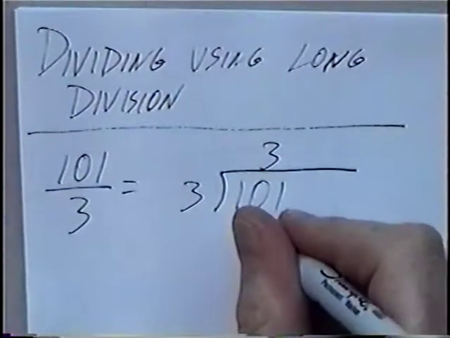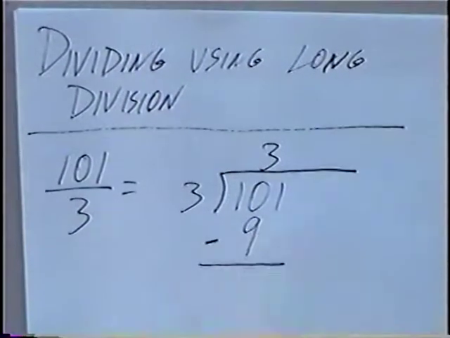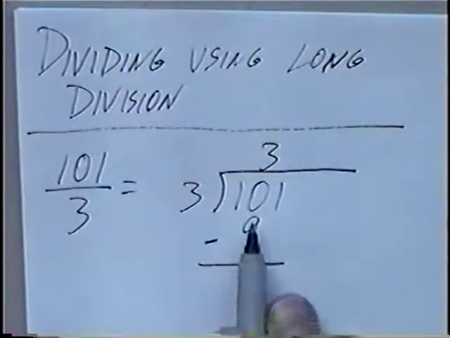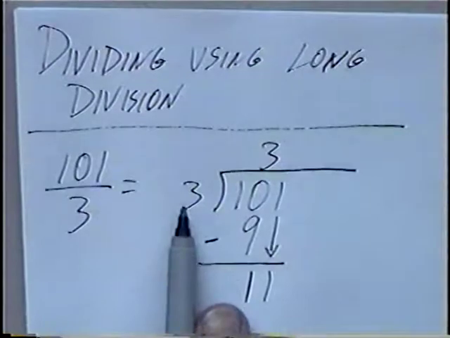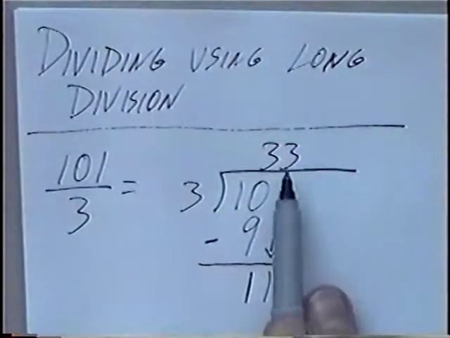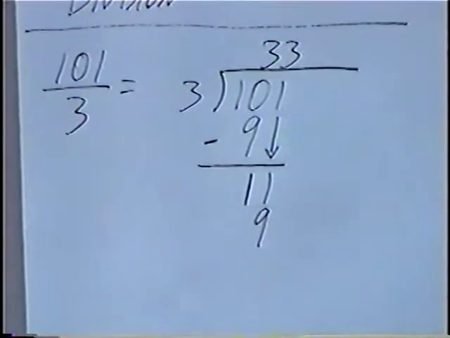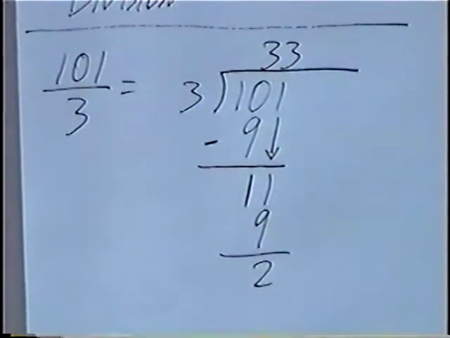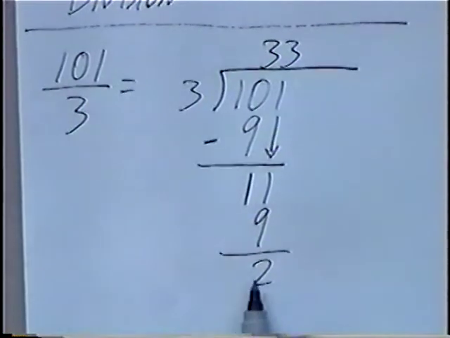3 times 3, which would be 9. After we multiply, if you remember, we'll subtract. 10 minus 9 would be 1. And after we divide, we can drop down the next number, which would be 1. 3 into 11 would also go 3 times. And again, multiplying 3 times 3 would be 9. Subtracting, we'll have 2 left over, or a remainder of 2. Instead of putting zeros up here and dropping down more numbers, we can use this 2